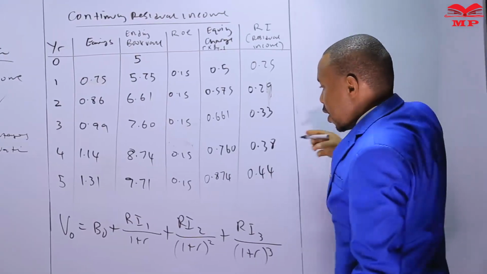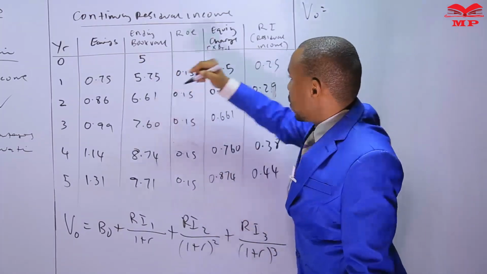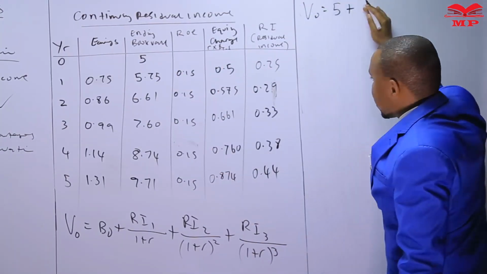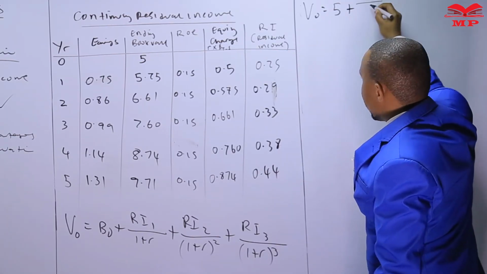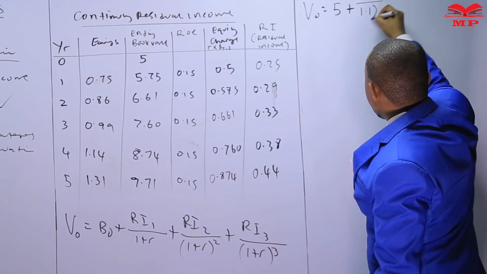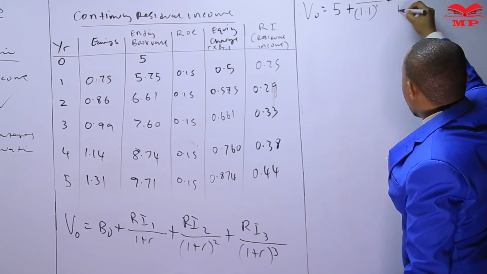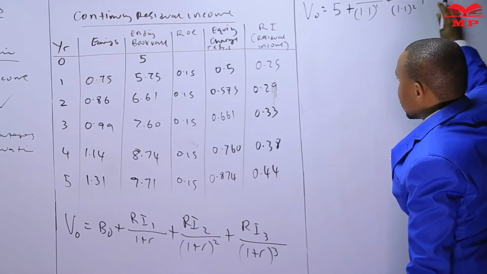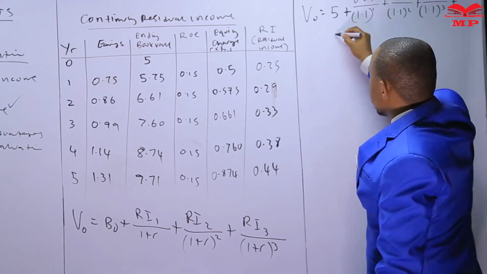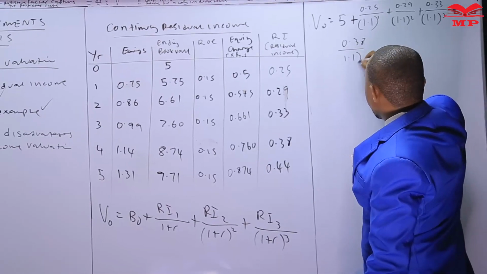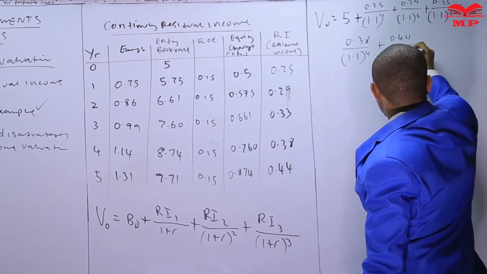So that we can proceed. Now, putting it all together, V0 is given as B0, the beginning book value, 5, plus the present value of future residual income: 0.25 over 1.1 power 1, plus 0.29 over 1.1 squared, plus 0.33 over 1.1 cubed, plus 0.38 over 1.1 power 4, plus 0.44 over 1.1 power